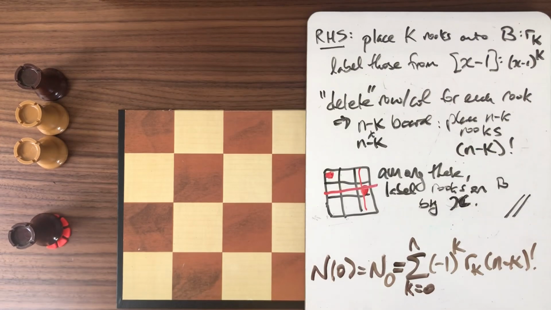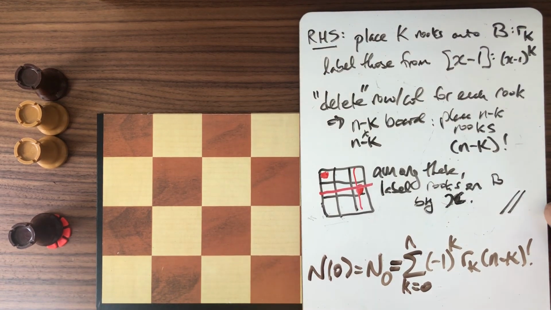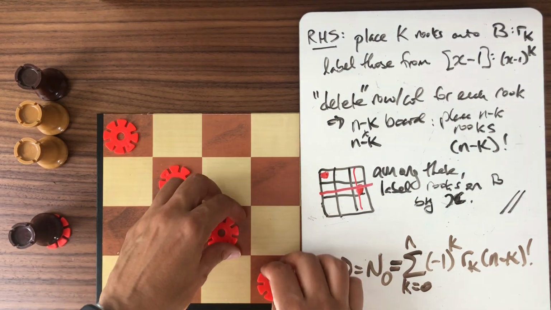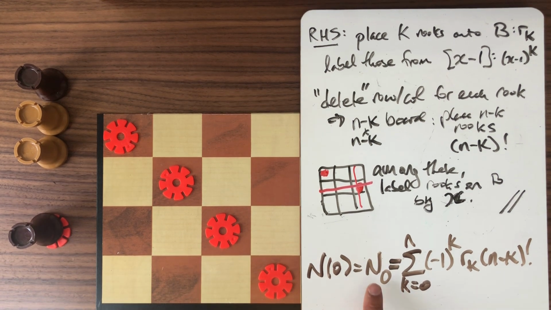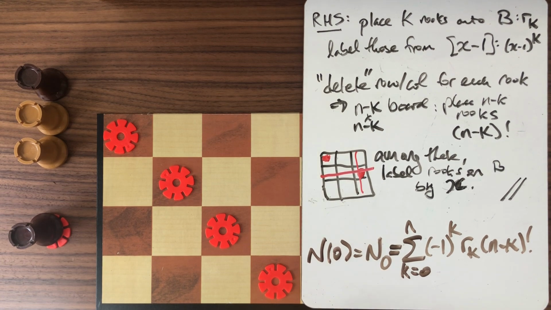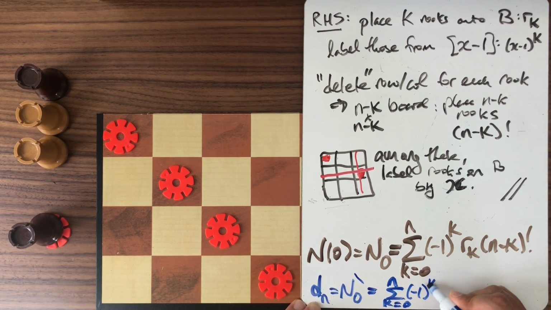And in fact, if we just take a moment to go back and look, what happens if we take our board to be the diagonal board? N0 says you want to hit the board 0 times. So N0 says never hit this board, never have a fixed point for your permutation. So what does that mean? That means that the number of derangements of n is equal to this N sub 0 for this diagonal board, and that is equal to the sum from k equals 0 to n of (-1)^k